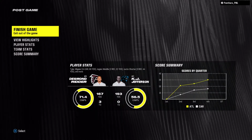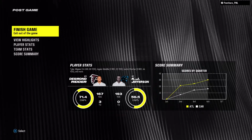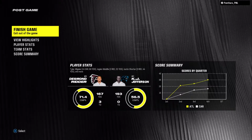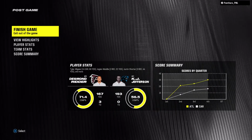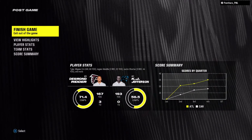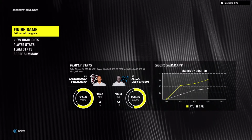So for Atlanta, they're into the win column now as they move to 1-2 on the young season. And they'll get another road date next week as their opponents will be the Tampa Bay Buccaneers. Meanwhile, for the Panthers, they will fall to a similar mark at 1-2. And they'll try to turn things around next week as they have a matchup in New Orleans against the Saints. So for Charles Davis and our entire crew,